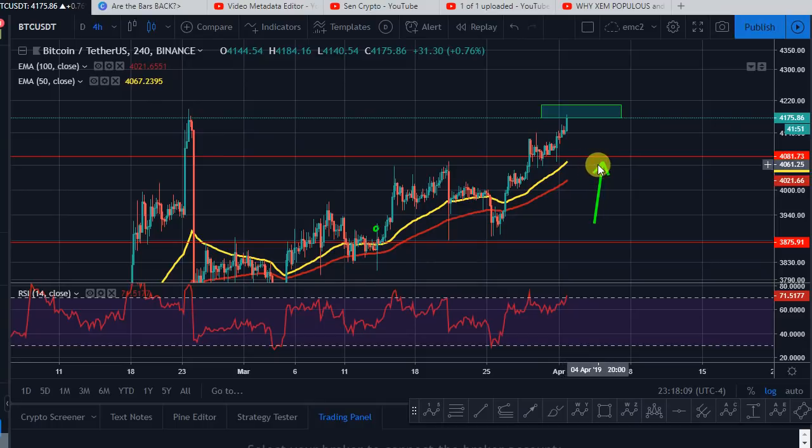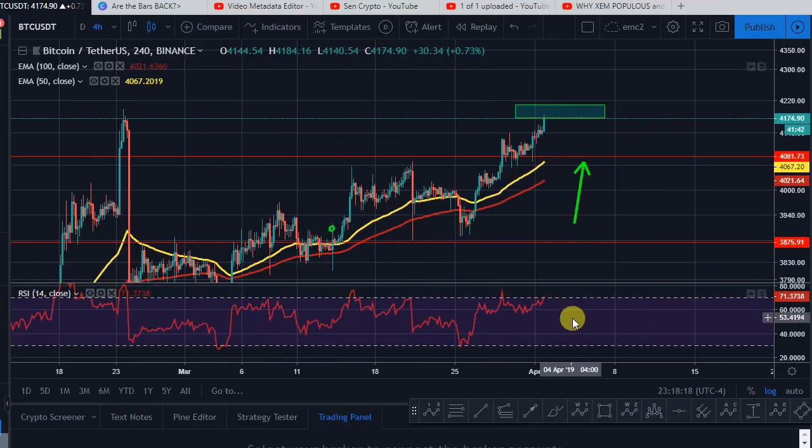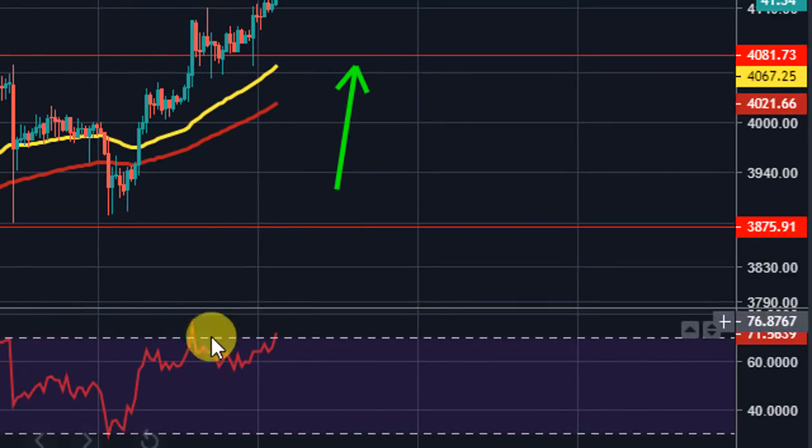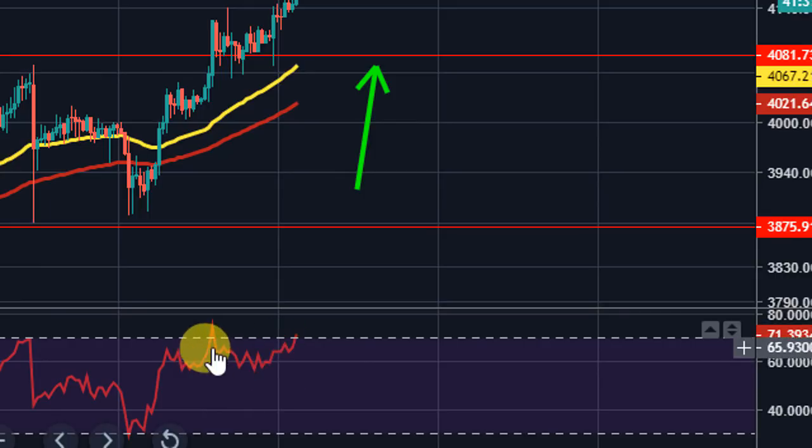It is pretty important to close above 4194 this week, at least this week. Before Sunday, we have to hit 4194. So you take a look at the 4-hour time frame, and then you take a look at the RSI. It's only 71. RSI is 71. It's pretty good. BTC is still bullish. Basically a slight divergence. We still got plenty of room to go, and I'm going to show you why we still got plenty of room to go.